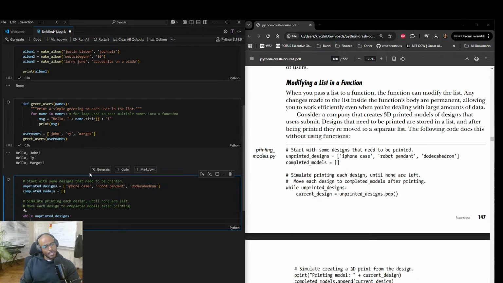While unprinted designs. Current design. Unprinted designs? Oh, I'm going to pop them out. Current design equals unprinted pop. It's going to take the last item off the list and pop it out, right? Oh, it's going to do it until all of them are popped out. Okay.